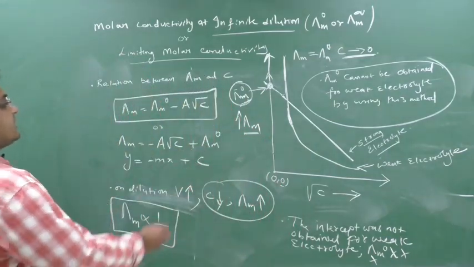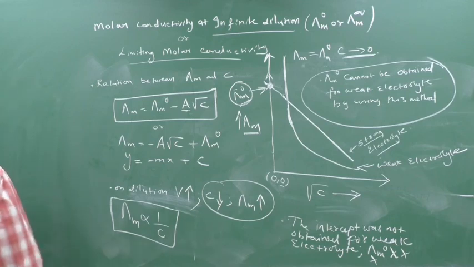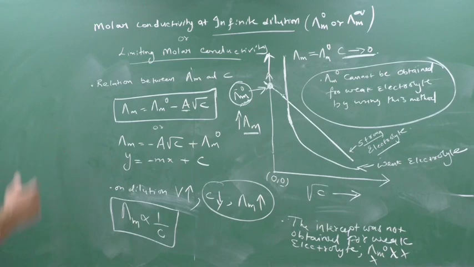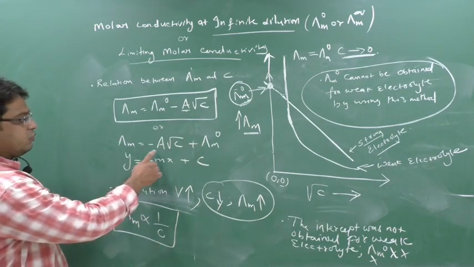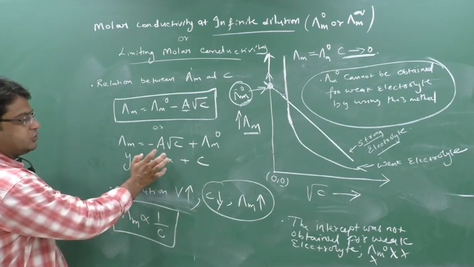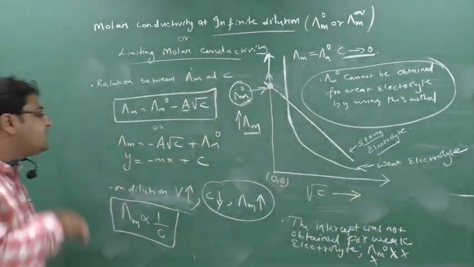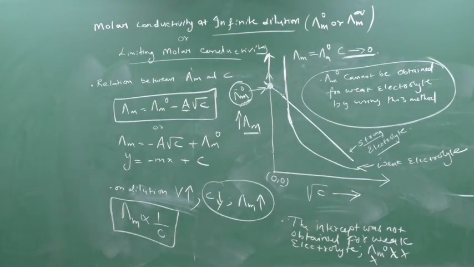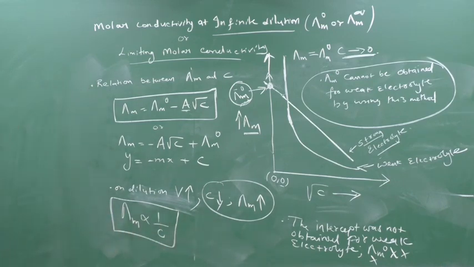Now we will discuss certain things about this A. What is this A? I hope you first write this down, then I will explain more about A. This A is a constant, yes or no? See here, y equals mx plus c. This m is the slope, and the slope is negative, that's why this line goes downward. Clear? So we'll discuss this A. Write it down, take a screenshot. Remember this.